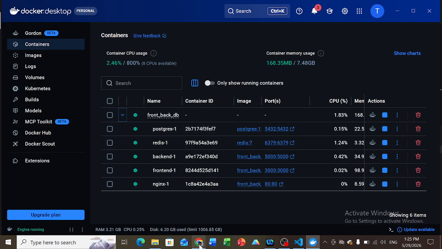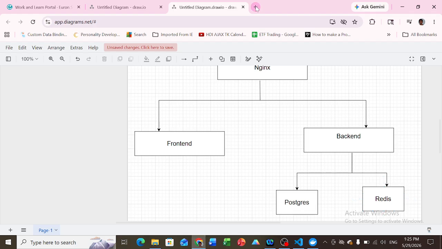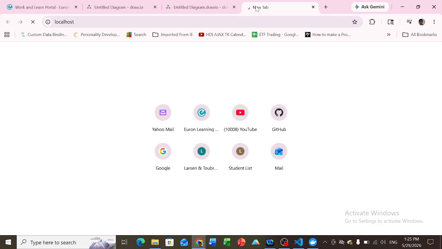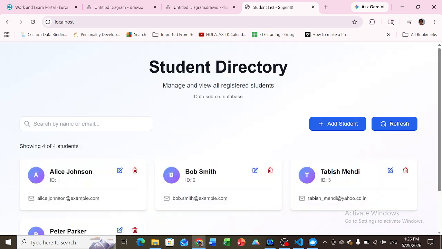Now open the browser and just type localhost. So what is happening? We are not communicating directly with the front end; we are going through nginx. Nginx looks in the configuration file for the UI port number and redirects to that one. And now see,